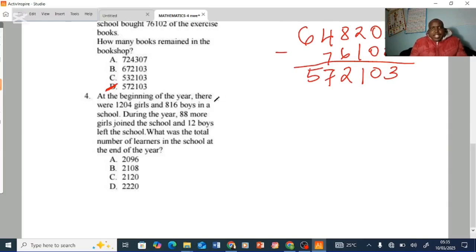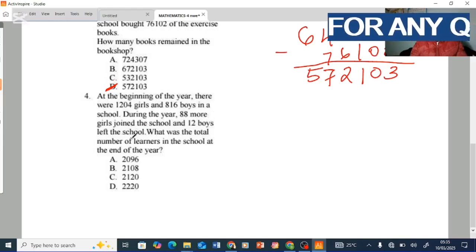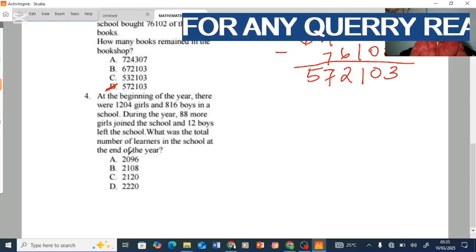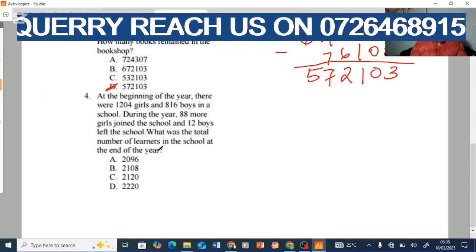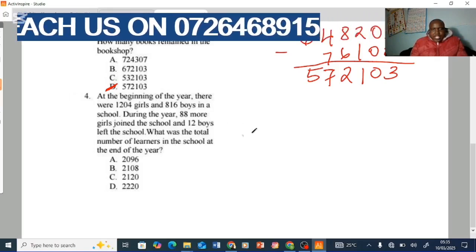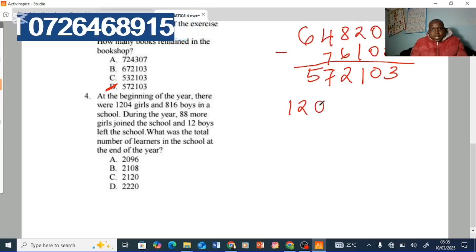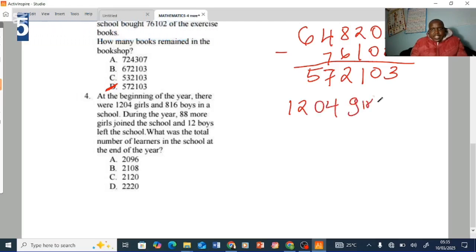At the beginning of the year, there were these girls and these boys in a school. During the year, 88 more girls joined the school and 12 boys left the school. What was the total number of learners in the school at the end of the year? So initially we had these girls, then 88 more girls, so we add 88. There is 88 more girls who have come. So we will have a total